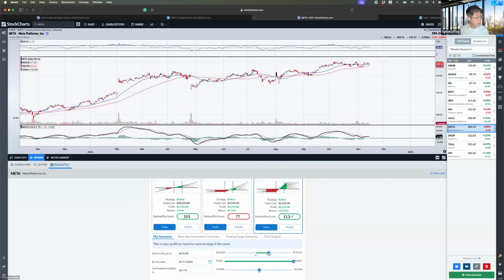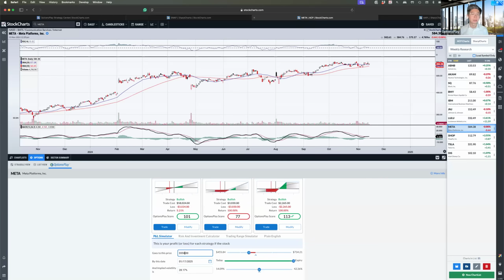More importantly than how much money you can potentially make is, on the flip side, what if I'm wrong and the stock breaks below this 50-day moving average? Let's say it goes back down to 550. How much do I have to lose? I think that's always a better question to ask whenever you're structuring an options trade: not how much money can I make, but how much money can I lose? And ask yourself, can I afford to lose that? Because that's